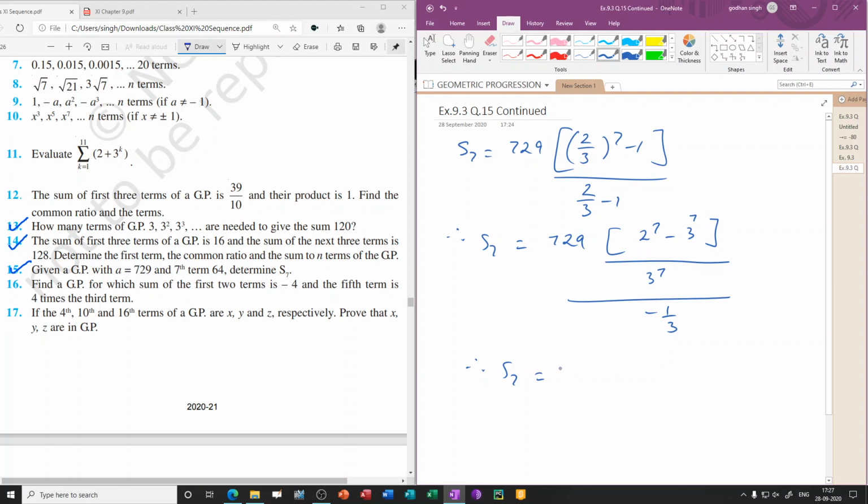It will become 729 into (3 raised to 7 minus 2 raised to 7), and this minus 1 by 3, as I told you, this minus will be going here, this 1 by 3 will become 3. So this 3 will be multiplying with the other 3, and of course this 3 raised to 7 is as it is here. So therefore we will be getting S7 equal to,